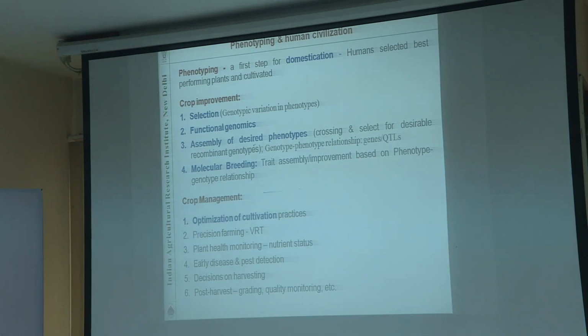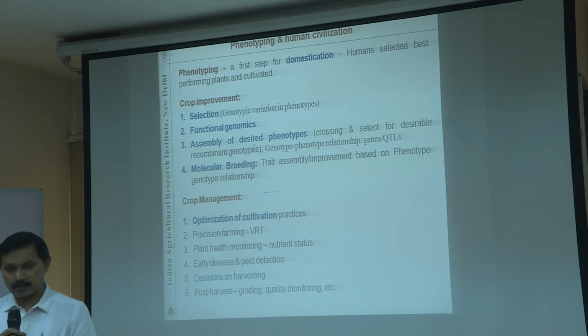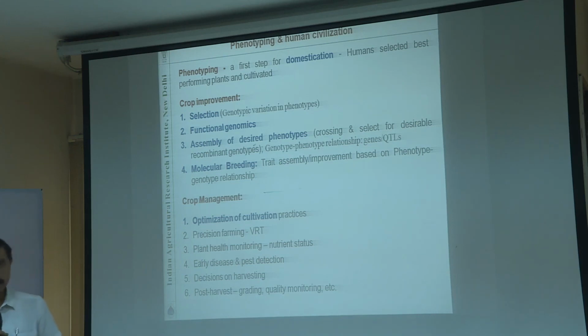Besides this, for optimization of cultivation practices, you also need phenotyping. If you decide, say, row-to-row spacing and plant-to-plant spacing in a field, you have to optimize the optimal leaf area index required to harness the solar radiation. So you have to do precise phenotyping, and then you decide the optimum combination of row-to-row or plant-to-plant spacing, and how different plant dimensions should be. All these things can be optimized, or how much nitrogen has to be applied if you want to have